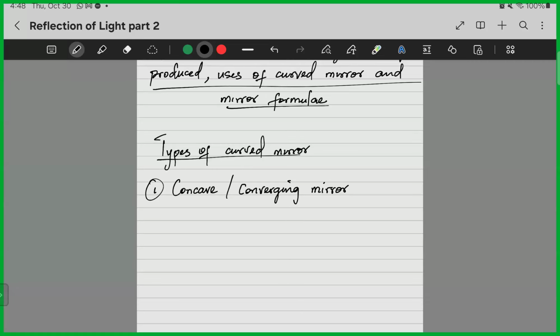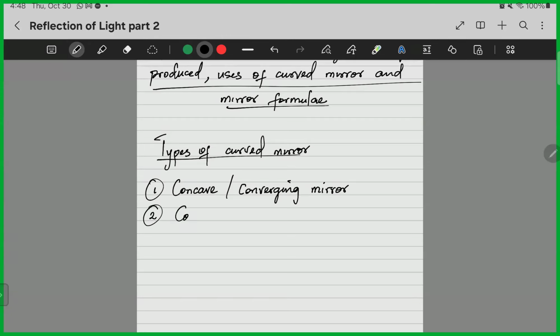So please, this is specifically for mirror. Why I'm saying this is that concave mirrors are converging mirrors, but concave lenses are diverging lenses. So please just settle that one in your mind first of all. The naming is not vice versa. Mirrors are different from lenses. Thank you very much. So, types of curved mirror: concave or converging mirrors,